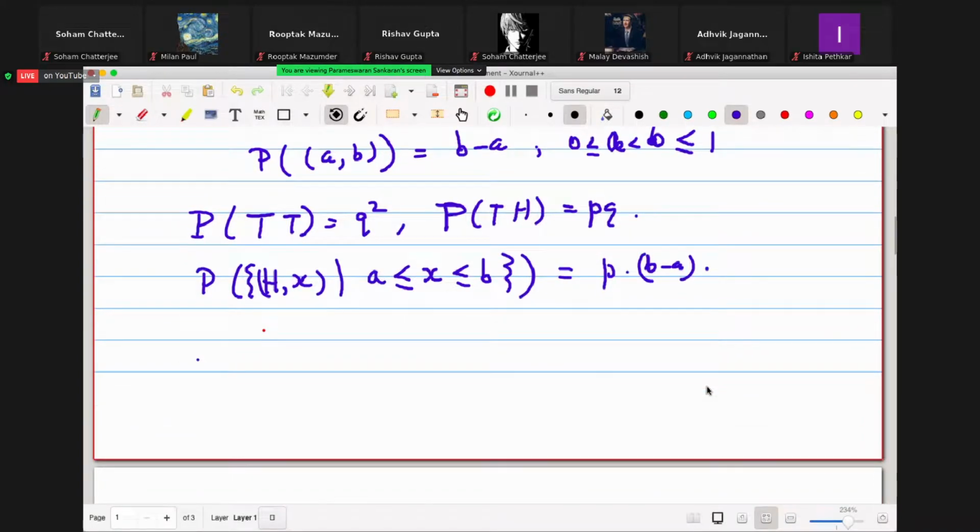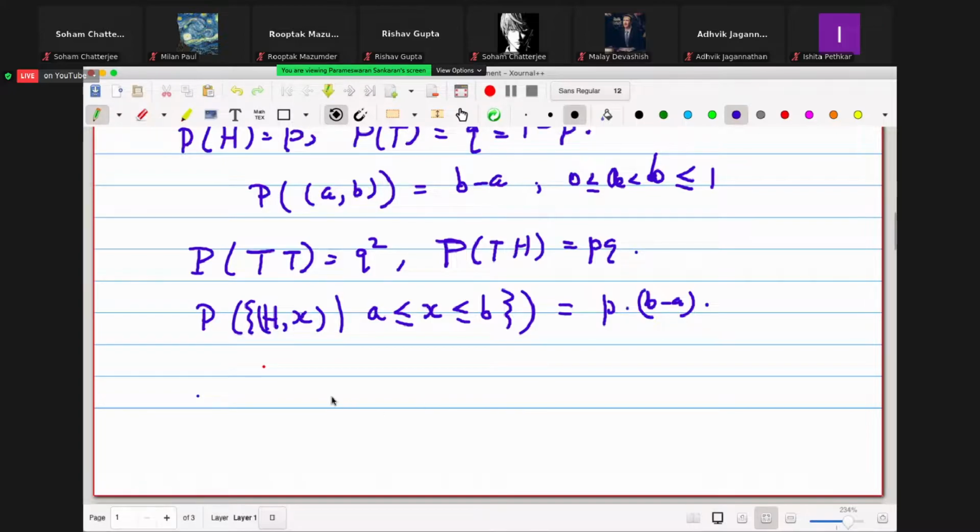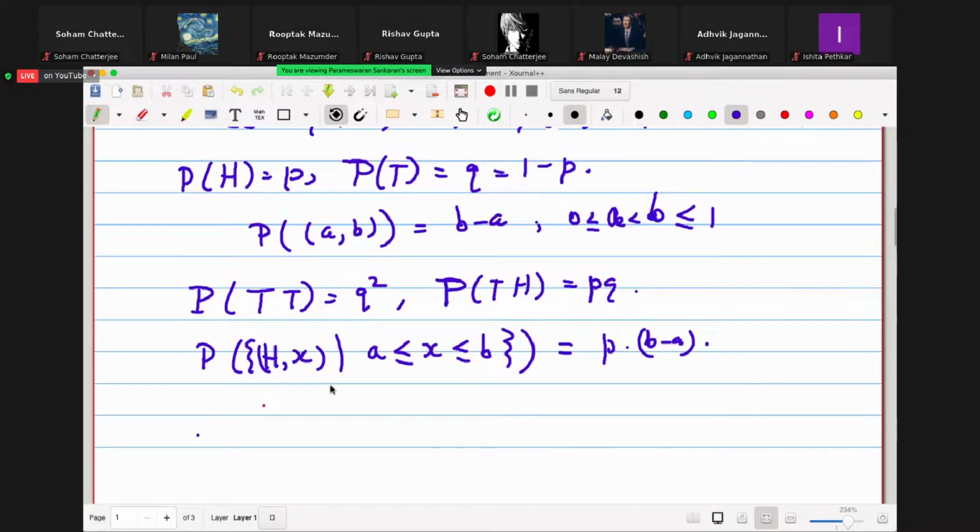And so now you can check the total space and compute the probability, and it will turn out to be equal to 1. Let me not do that simple calculation for you. For the total space, X can be between 0 and 1 here, and if it is H, then it is P. You add up all this: P plus PQ plus Q squared. That becomes Q times (P plus Q) plus P, which is, of course, 1.